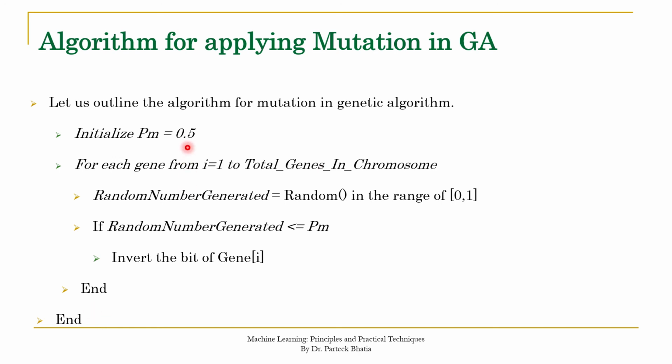Now you can clearly understand that if the probability of mutation is close to 1, then most of the genes will be mutated. If its value is close to 0, then very few genes will be mutated. But if the value is 0.5, then 50% of the genes may be mutated through this process. So the programmer has to define the value of mutation accordingly. You can implement this algorithm in any programming language like Python, Java or MATLAB to implement the concept of mutation in a genetic algorithm.